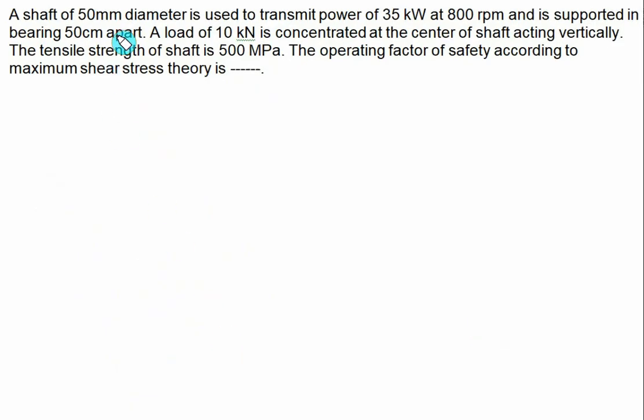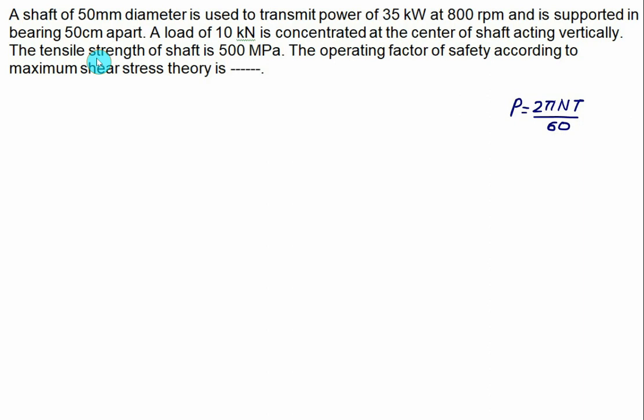A shaft of 50 mm diameter is used to transmit the power of 35 kilowatt at 800 rpm. So we know the power and we know the rotational speed, so we can calculate here the torque. For that, we have power given as 2 times pi multiplied by N multiplied by T divided by 60. So this shaft is subjected to twisting moment,